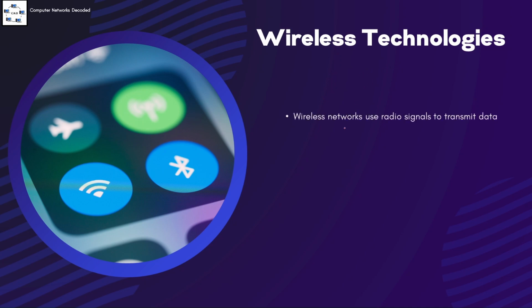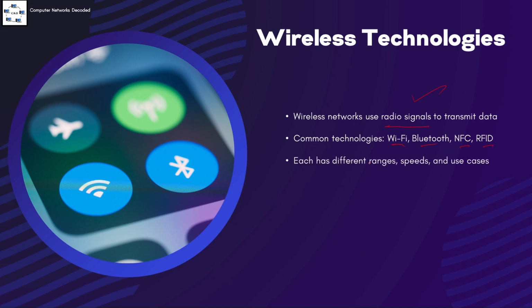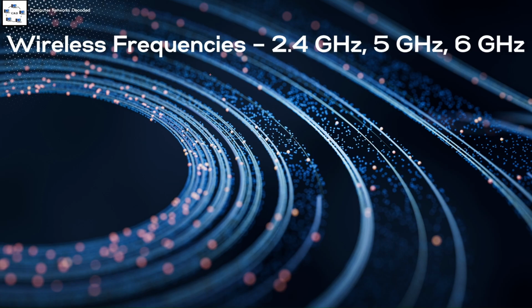So the wireless technologies or wireless networks basically use radio signals to transmit data. And the common technologies in wireless include Wi-Fi, Bluetooth, NFC, and RFID. Each of these technologies has different ranges, speeds, and use cases. So now coming over to wireless frequencies: 2.4, 5, and 6 gigahertz, which are used by different wireless technologies for